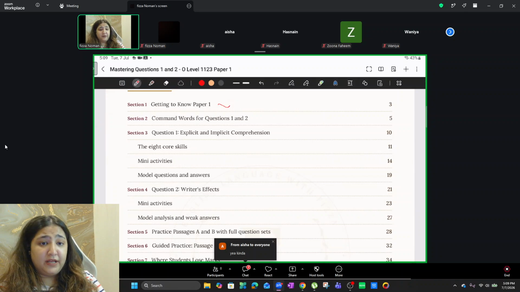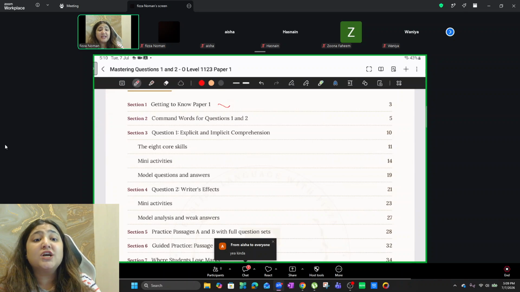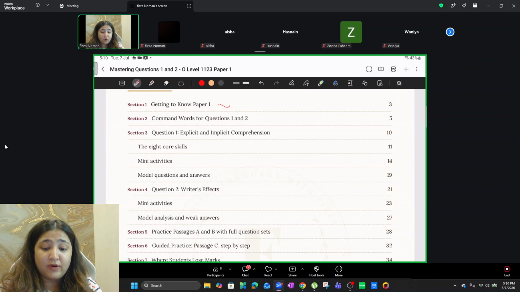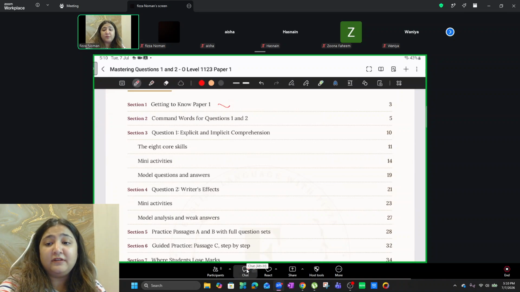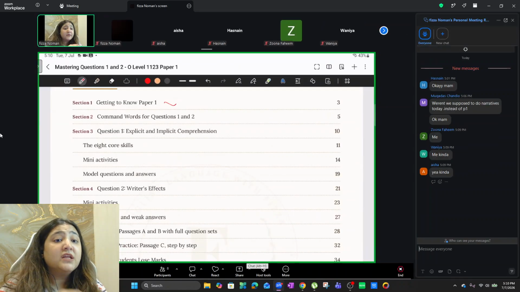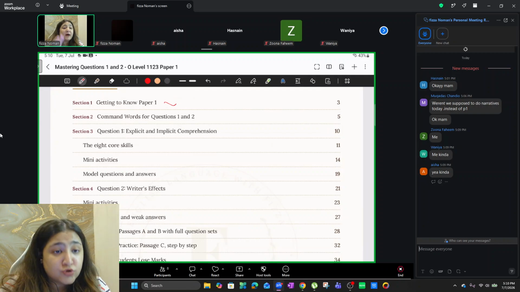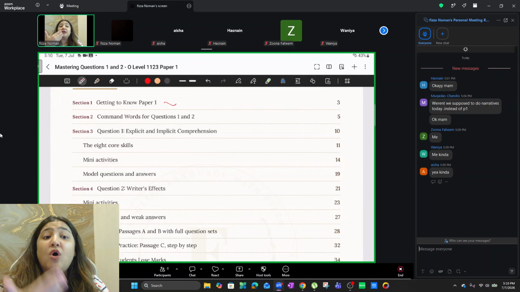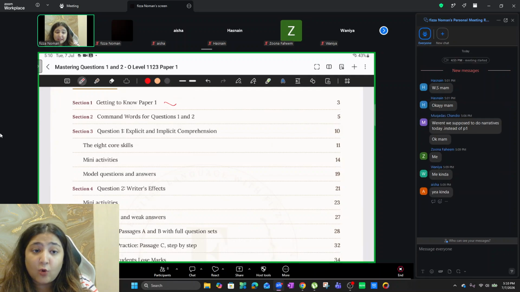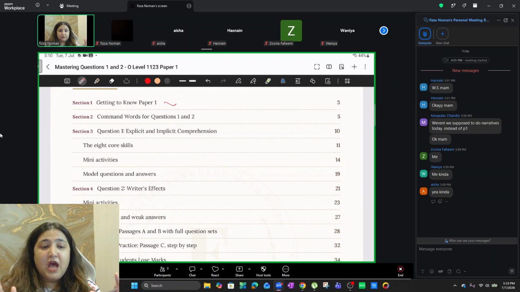For the convenience of everyone else, command words are those words that we find at the beginning of each statement of the question. Alright? These are the words we find at the beginning, and they tell us what the question is about. What the question is demanding of us, or how to solve this question. So let's suppose the command word is explain versus the command word is give; both of them have different jobs and both of them need to be tackled differently. We can only understand such questions if we understand command words.